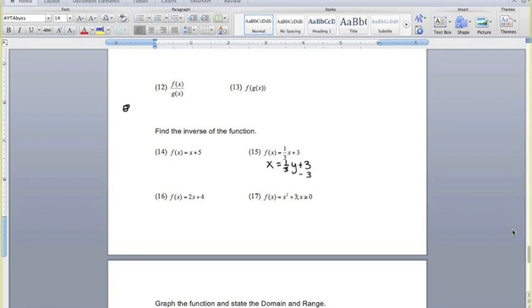So I'm going to do that by subtracting 3 from both sides. And then I need to get rid of the 1/3. How do I do that? Multiply by 3, and make sure that you multiply the entire equation by 3. That's the common mistake here. Students will just kind of pick and choose different parts to multiply by 3. We need to multiply everything by 3. So it gives 3x minus 9 equals, instead of calling it y, I'm going to call it f inverse of